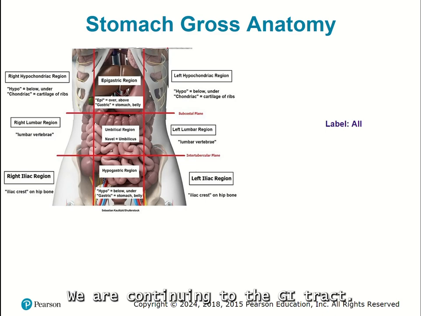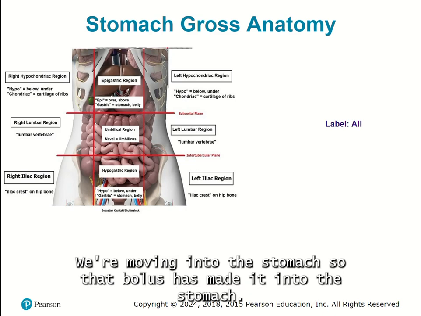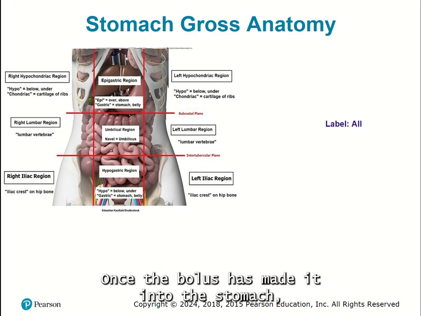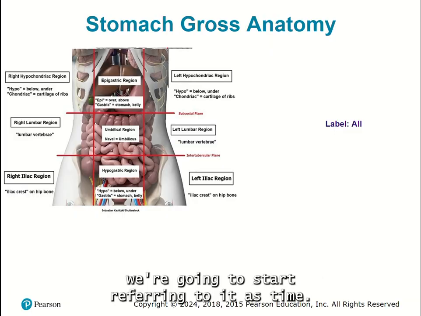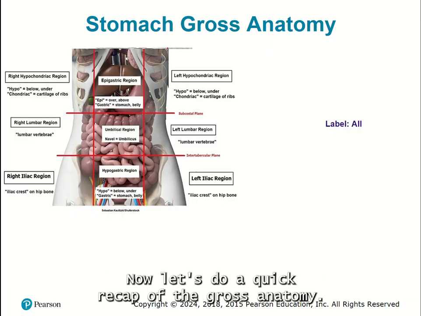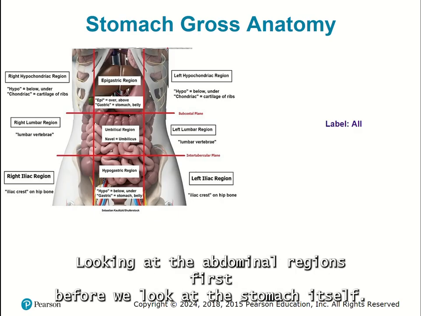Continuing through the GI tract, we're moving into the stomach. So that bolus has made it into the stomach. Once the bolus has made it into the stomach, we're going to start referring to it as chyme. Now let's do a quick recap of the gross anatomy, looking at the abdominal regions first before we look at